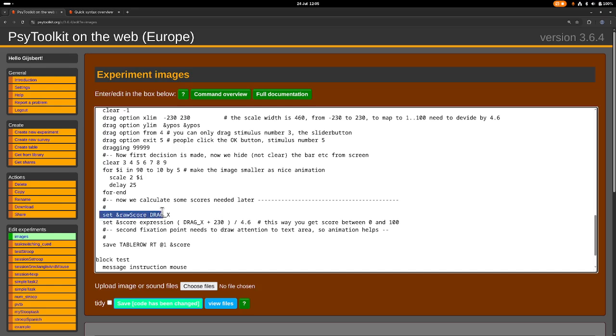That's just for later. You do not necessarily need this, but this is really important. Set the score of a new variable that we create. So we create this variable called score. We have an expression, and then you can have a formula. So we say drag X, which the lowest value is -230. So you see plus 230. That means it starts with